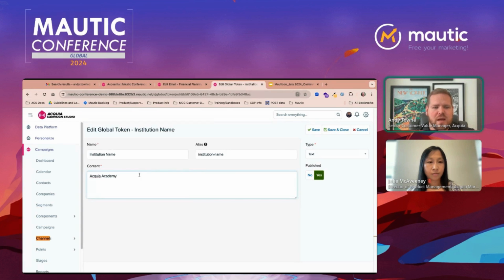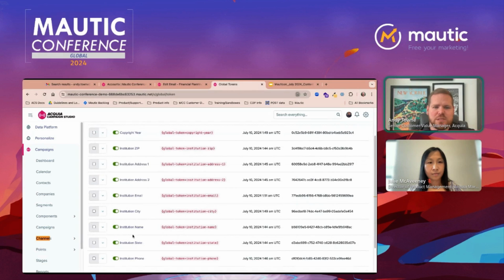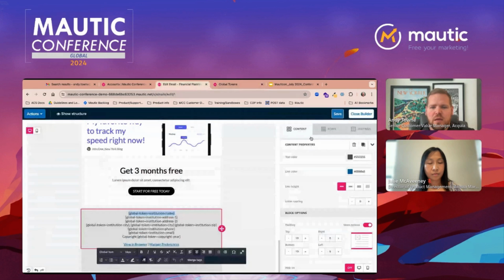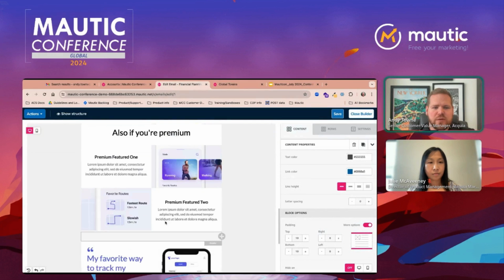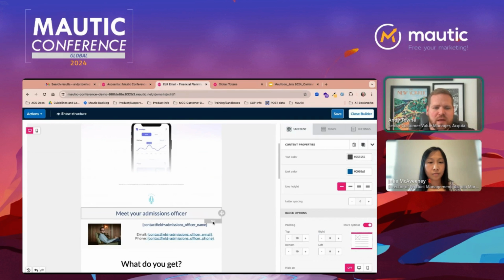They would just update Acquia Academy to whatever the college or university's name is, along with all of the other data here that we have set as global tokens. Copyright year is another one, very common. Just come in here, replace that on January 1st in one place instead of hundreds. So again, on the email, we've got the global tokens, we've got the saved row, and we also have,